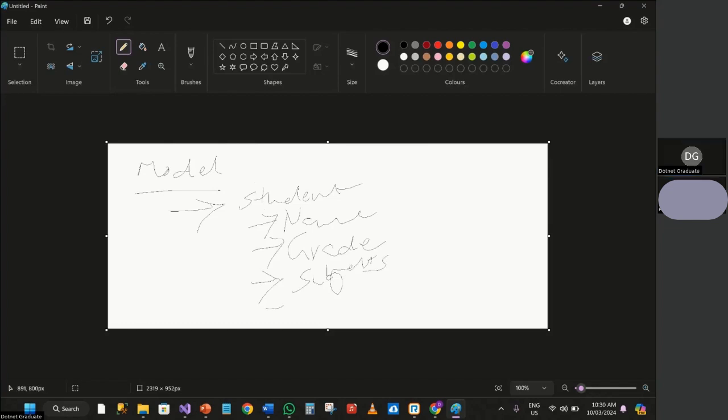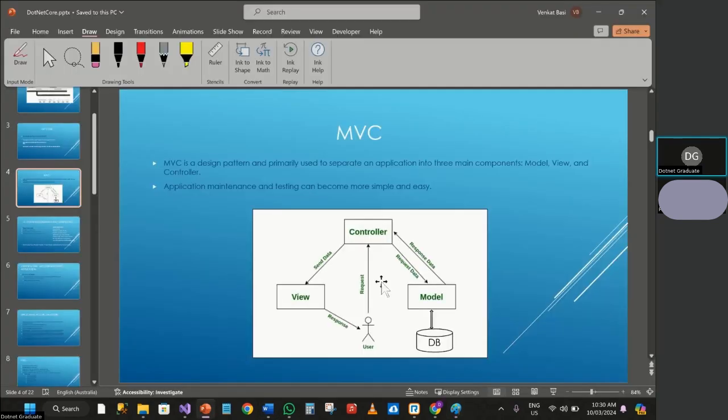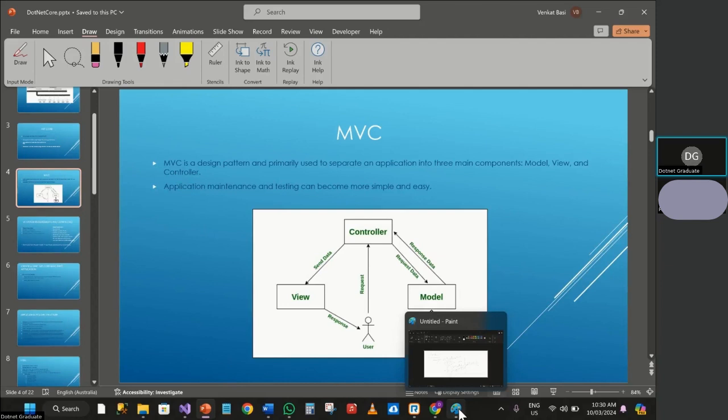Okay, so parents name, these details, right? So this is called a model when it comes to student. The models are very important, where it contains the data. Now when it comes to controller, when you are actually making any HTTP request,